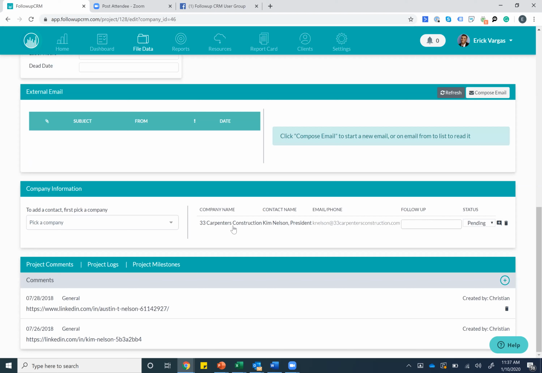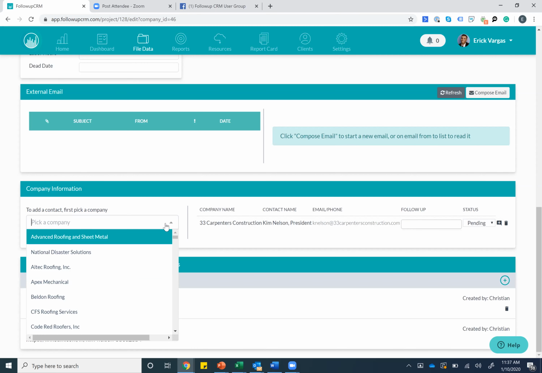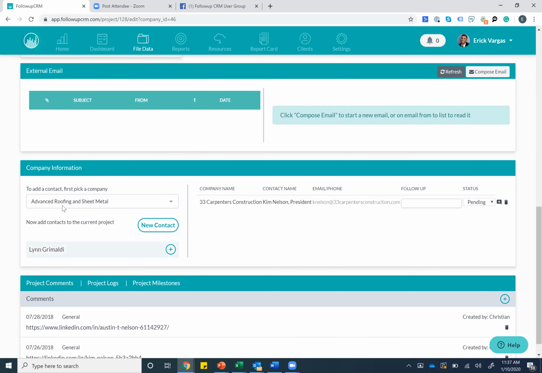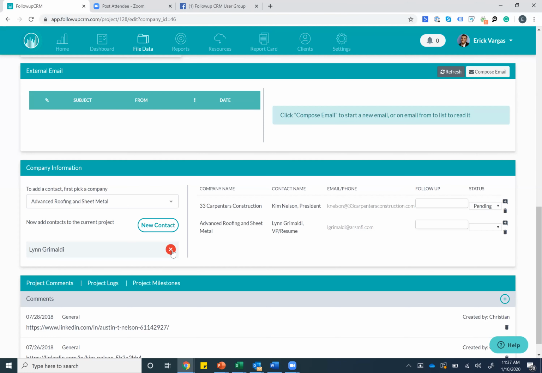As you can see, we have another company. We have the company information here. But let's say I want to add another one. I would simply click on the company information area. And let's say I wanted to add this company, Advanced Roofing and Sheet Metal, to that. If I click on that, the contacts of this company would pop up, and you simply click the plus button. So now we know for this job, we're bidding to both 33